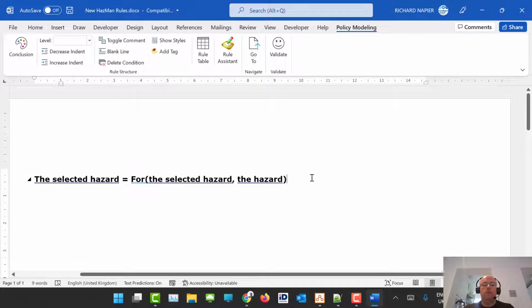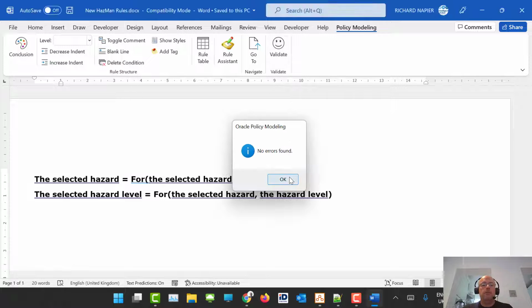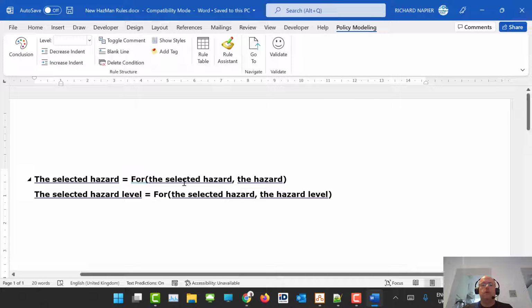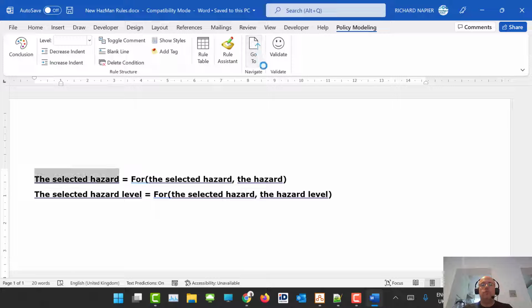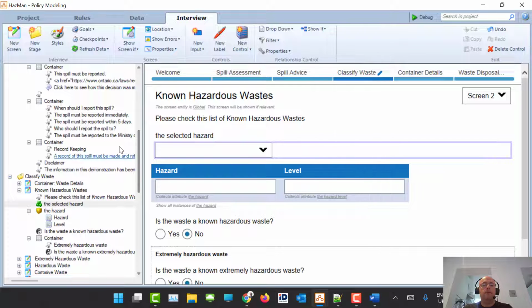And we could do something like this as well. So now we have two new attributes, one for the selected hazard and one for the selected hazard level. With these two new attributes, we could, of course, give them some technical names. So let's call this selected, well, let's call the other one